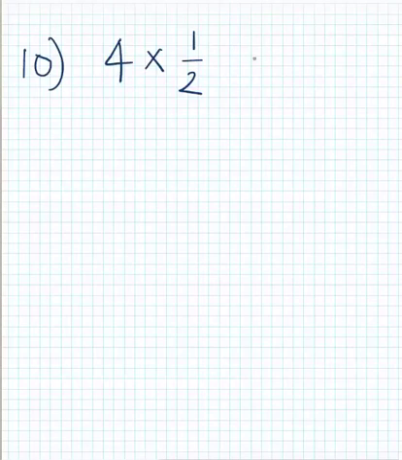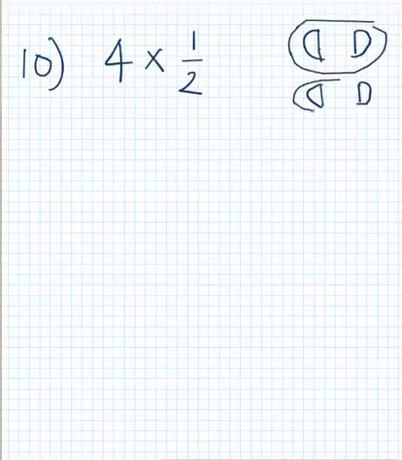Let's try another question that's quite similar to the other one. This is saying 4 groups of halves, or we can just say 4 halves. If I have 4 halves, let's work out this answer without even doing any mathematical working out. 4 halves, 1, 2, 3, 4. How many whole pizzas do I have? 1 and 2. So I know this question will equal 2. Now let's do it mathematically to see if I get the right answer. That 4 is really over a 1